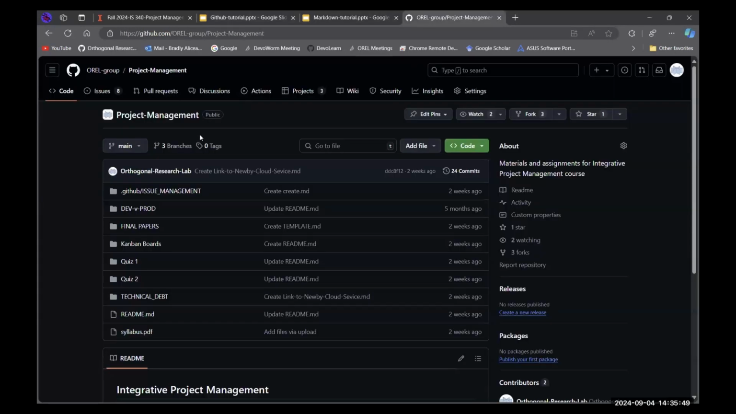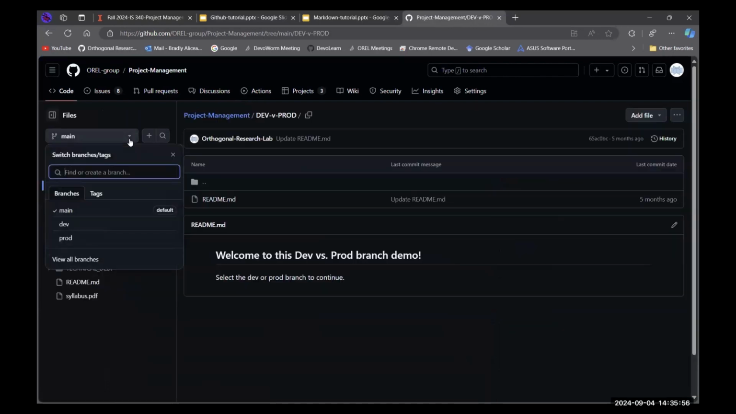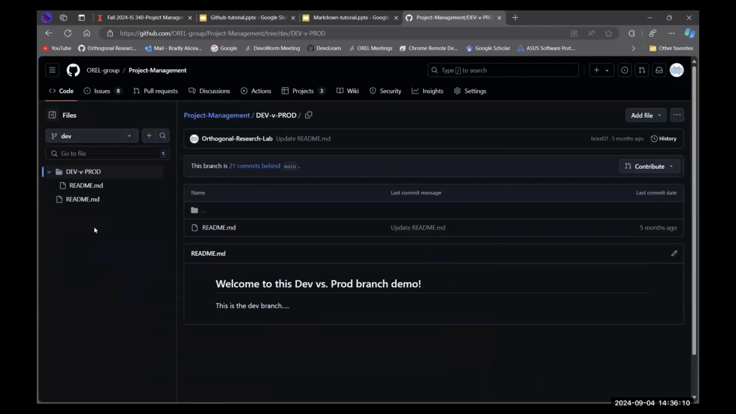So if I go here, and I go to dev prod, you see I have main, dev, and prod. Now for main, I just have this README that says, welcome to this dev versus prod branch demo. So I'm on main right now, and I'm going to go to dev. And now I've gone to dev, and it's a little bit different. In my README, the contents have changed. This is the dev. So what I've done is I've committed things to the dev branch